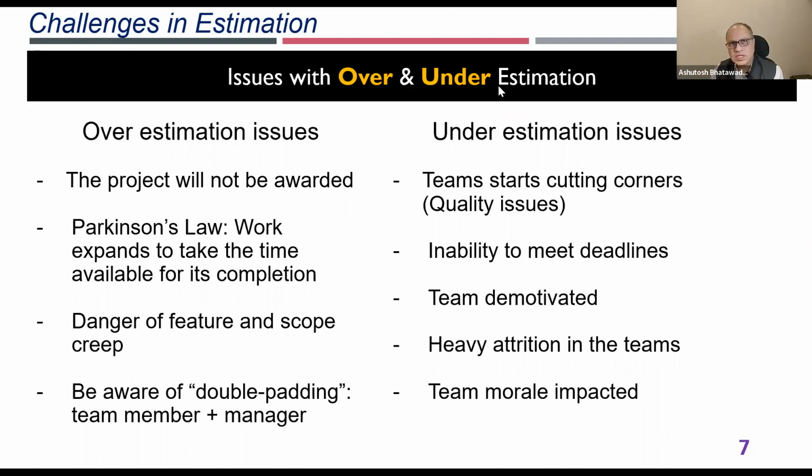And what you'll see is heavy attrition in the team because everyone will be fighting against that timeline. And overall, what I've also experienced is the team will start cutting corners. So they will start reducing the quality checks. They will start reducing the test cases which have to be done. So that is what you will see as a part of your underestimation, some of the challenges from an underestimation